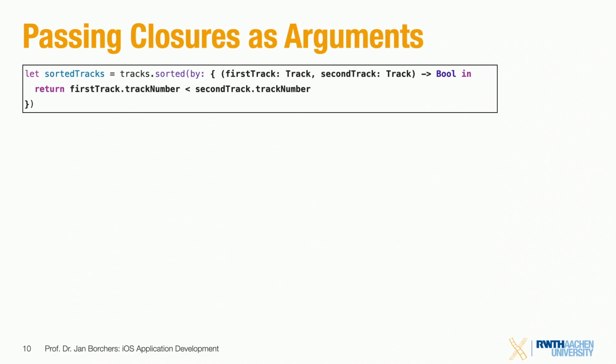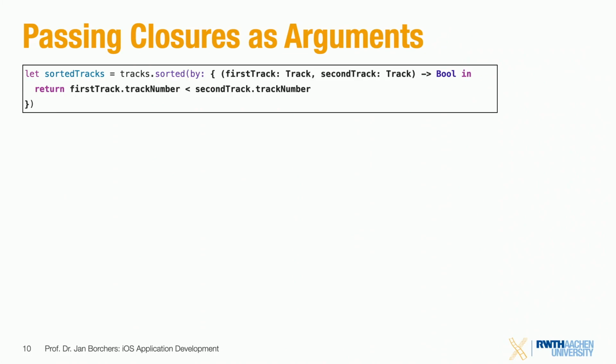I don't care, right? It's doing something, but what it needs to do the sorting is a comparison function to know how to compare two items, right? That's all it needs to do sorting. And that's what we provide, and we provide it in the form of a closure. All right, so